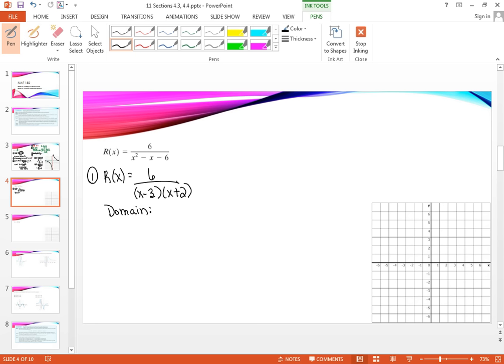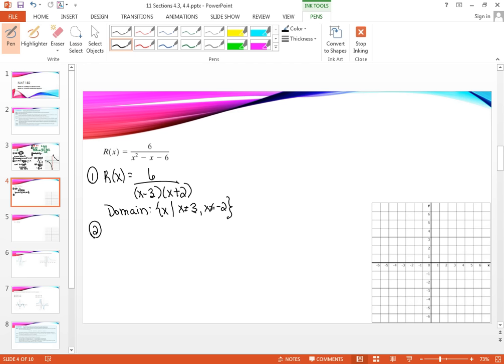All x values except you can't use 3 and you can't use -2. Okay, whatever makes the denominator 0. Okay. All right, step number 2